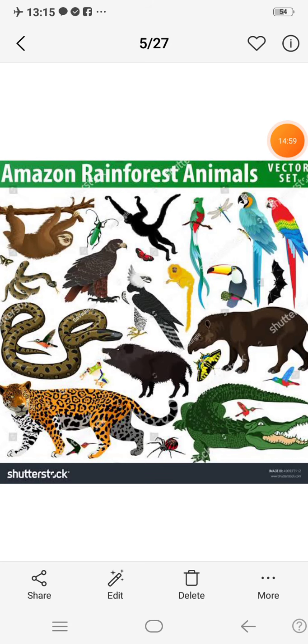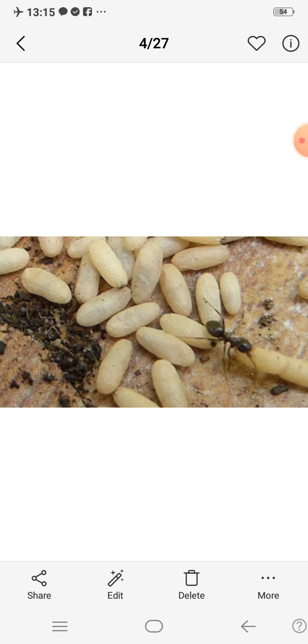This is the image of Amazon animals found in the Amazon. And I already said the people eat the egg sacs. Those who live in the Amazon river basin eat queen ants and egg sacs. These are the egg sacs. And the houses they build are known as Maloka. This is the image of Maloka. And tapioca, I already said, in Tamil we say maravallikizhangu. Cassava and tapioca are the same. So they eat this tapioca as their food.